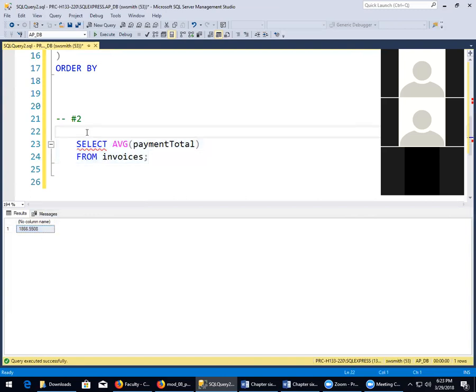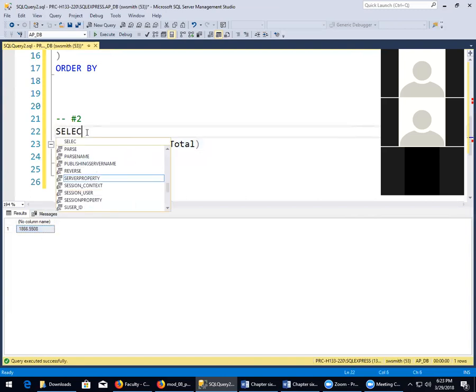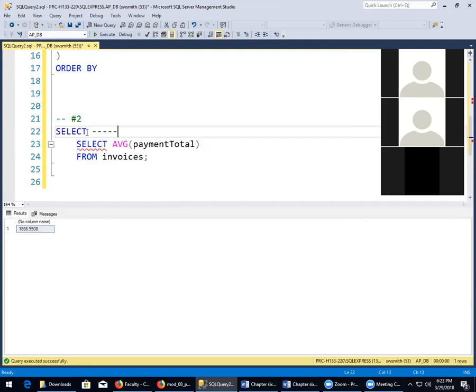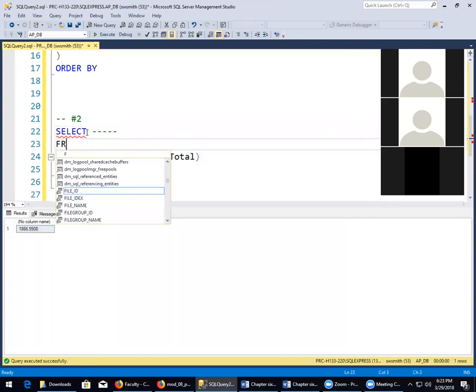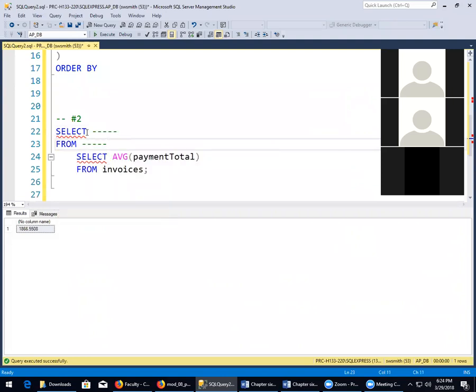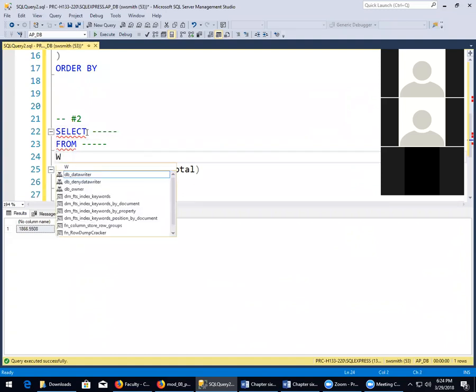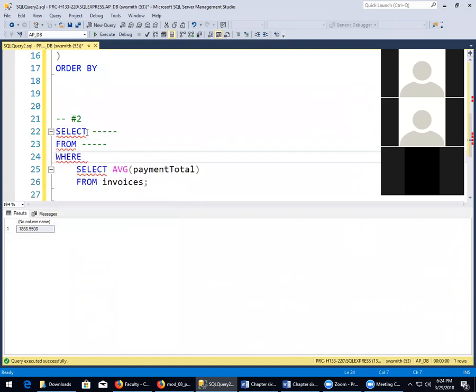So my query then looks like select something from what? Again, from one table, invoices, where